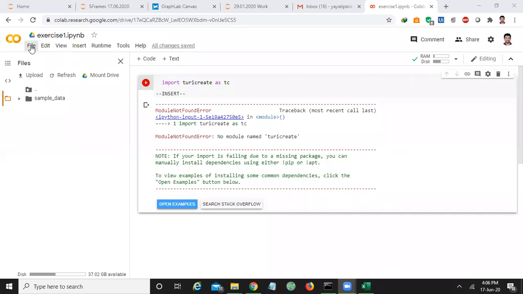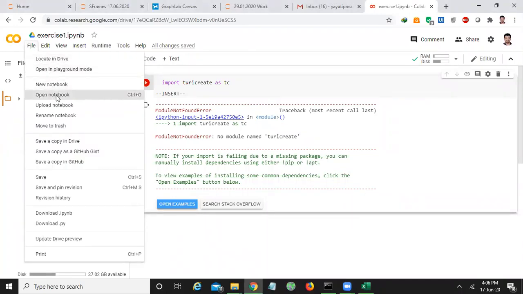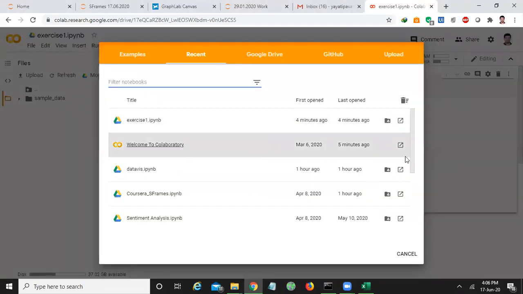Okay, let me open the previous notebooks which I have created.